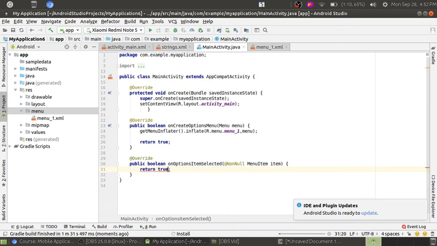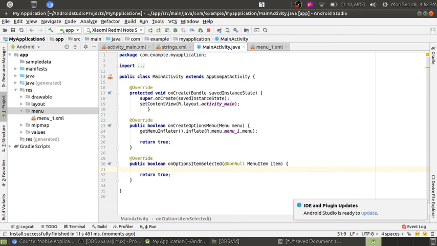Here it is a similar method as we used in the buttons. So what you have to do is just call the switch function.